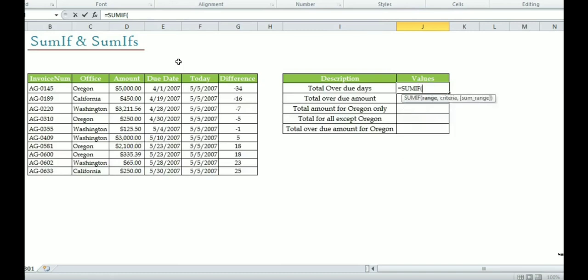I'm going to press tab. Now just read out the sentence. This is very much important. Range, criteria, and sum range. Range is bold right now. It means it's an active argument. We are standing on this argument. Criteria is basically the condition, and sum range, which is in square bracket, it's an optional argument as I discussed